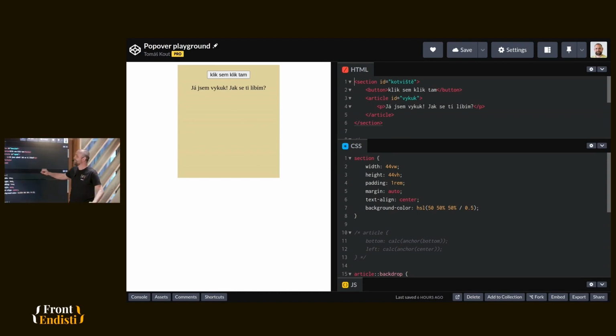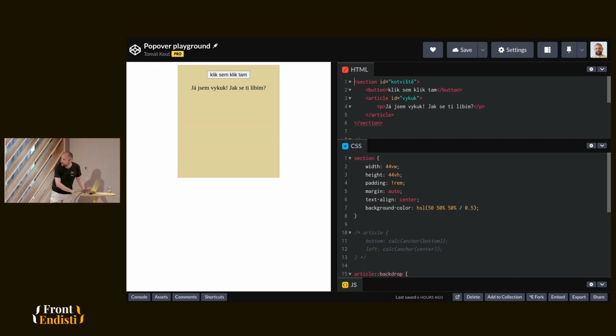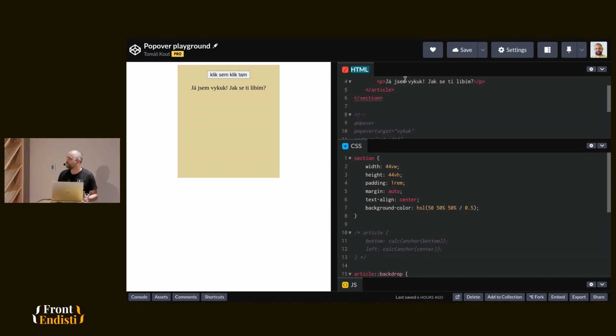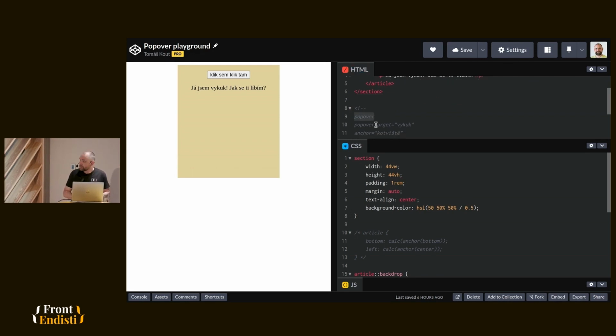Okay. So simple markup. We have one wrapper section with an ID, one button, and one article with an ID. And now, by simply adding attributes into HTML, I will create a popover very quickly. So I will add the Boolean attribute called popover to the article.